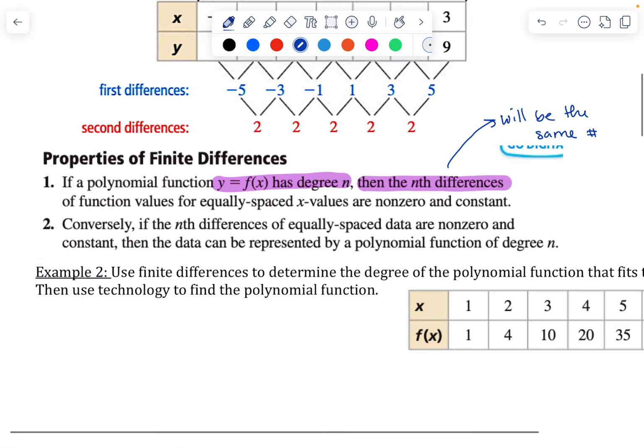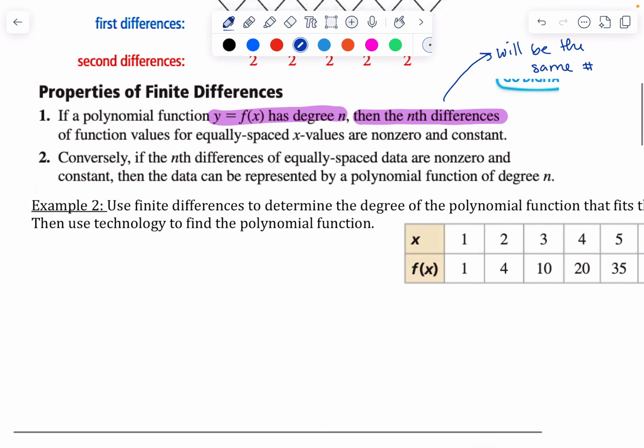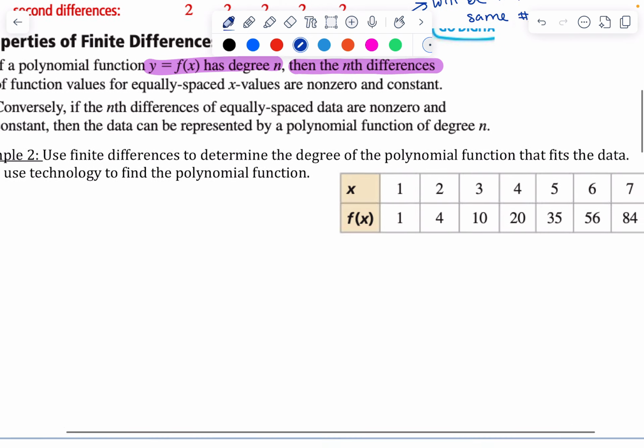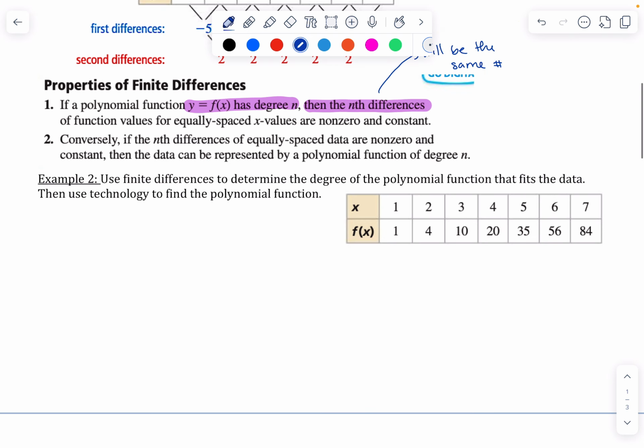Okay? And the opposite of that is true. If the nth differences are the same, then you know it's a degree n polynomial. Okay? Use finite differences to determine the degree of the polynomial function that fits the data, then use technology to